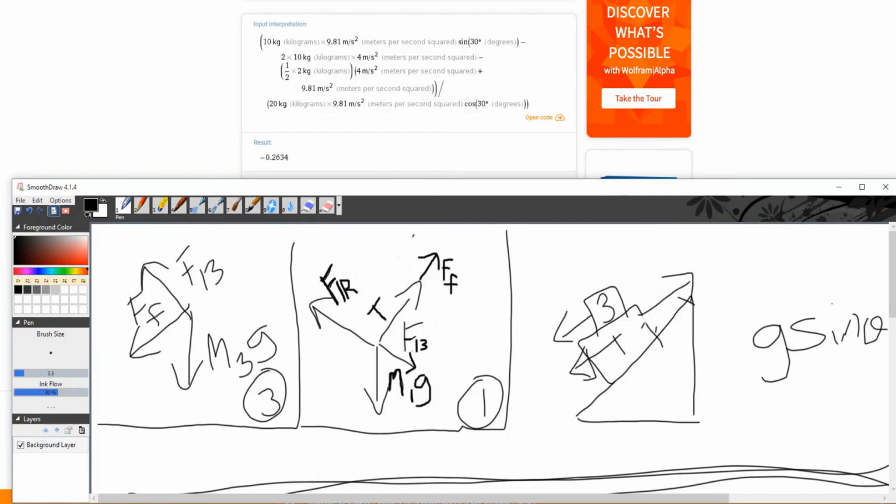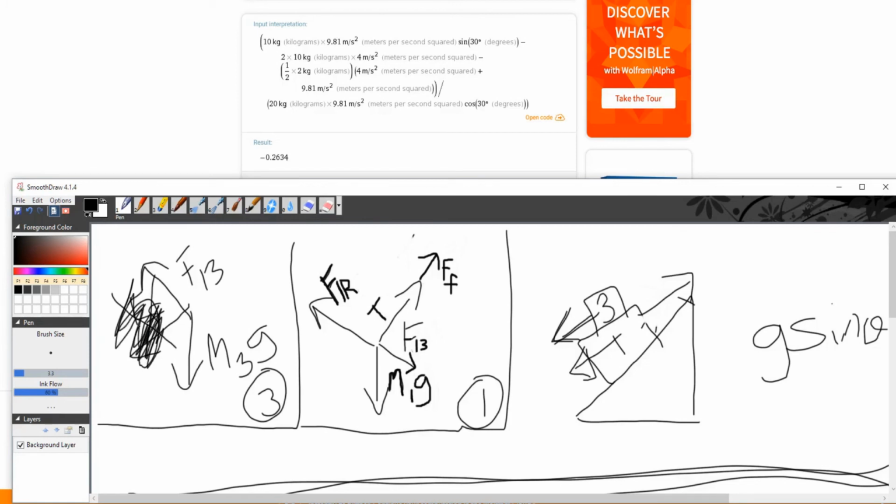So mass 1 is going to move slower than it would otherwise. And mass 3 wants to move faster. That is, mass 3 wants to slide down relative to mass 1. So what's the friction force going to do to mass 3? Well, it's going to try to pull it back up onto mass 1. So if we look here at this expression, right,